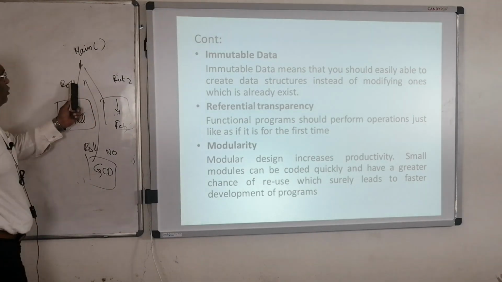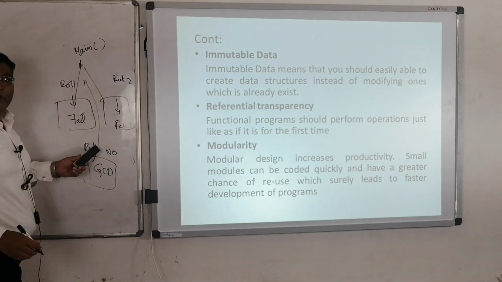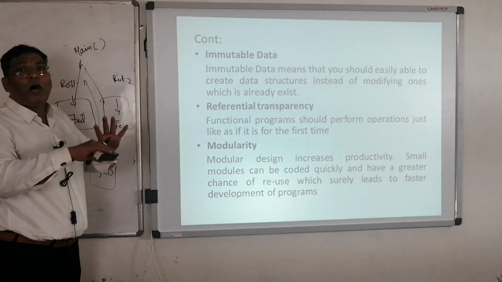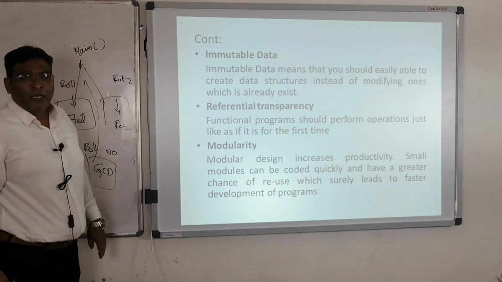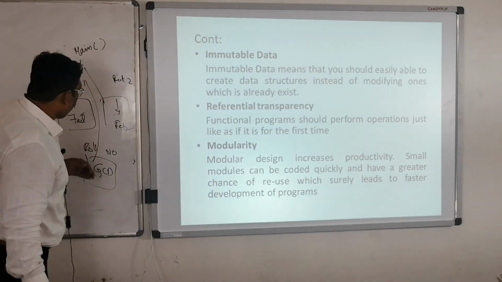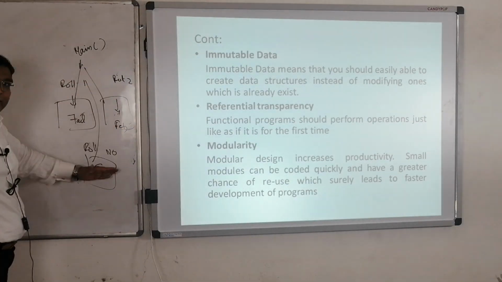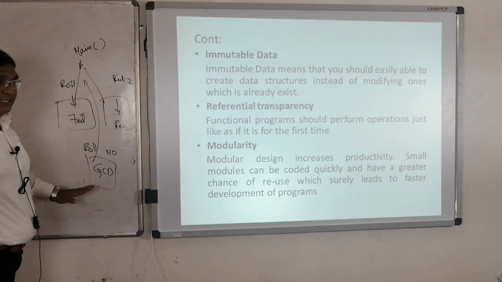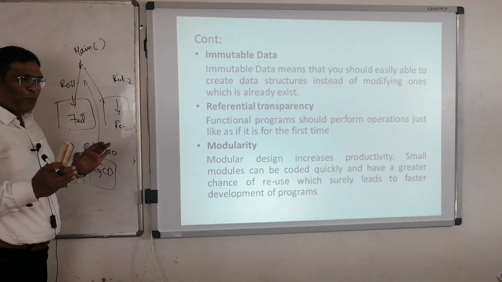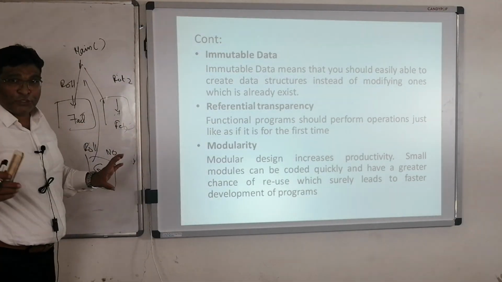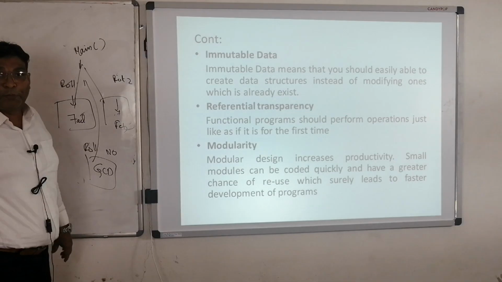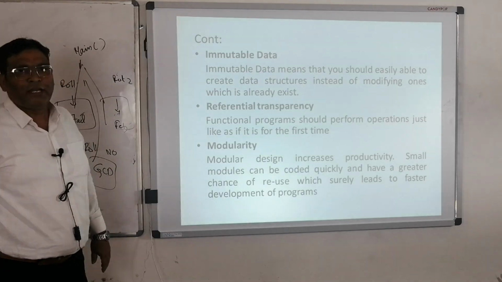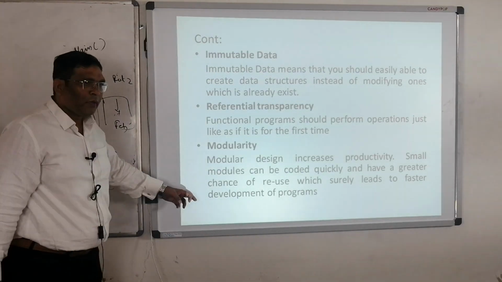So this is different: role number 1, role number 2. I don't know who is role number 10 or role number 1, but they are doing different parts. They are developing parts of the program and giving them to the main program which is executing that part. So modular design increases productivity. Instead of one person doing everything, role number 1 is doing the first part, role number 2 is doing the second part, role number 3 or role number 10 is doing another part. Small parts are designed by different students, and they combine together to increase productivity. For example, in an examination, if you are writing question number 4 and your friend is writing question number 5, what will happen? You know it.